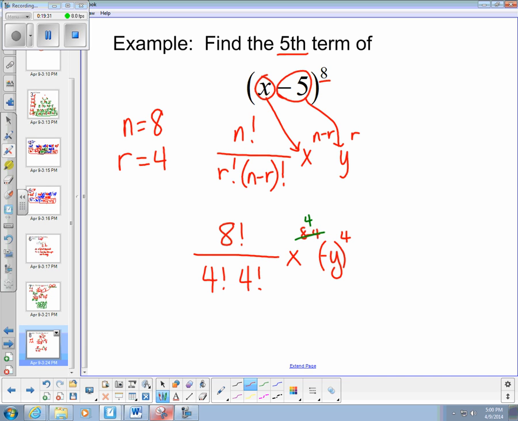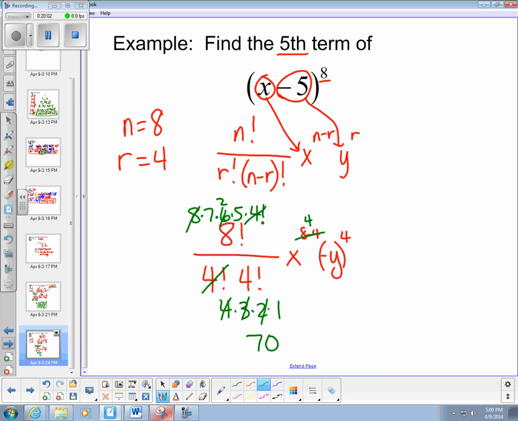Okay, so let's do the factorial expansions. And this time I'm not going to write the 8 all the way down. 8 factorial is 8 times 7 times 6 times 5 times 4, and I'm going to stop there because I can get the 4 factorial to cancel with one of the ones on the bottom. And then 4 factorial would be 4 times 3 times 2 times 1. So 4 times 2 is 8, and 3 will cancel with the 6 to make a 2. So I've got 7 times 2 times 5, or